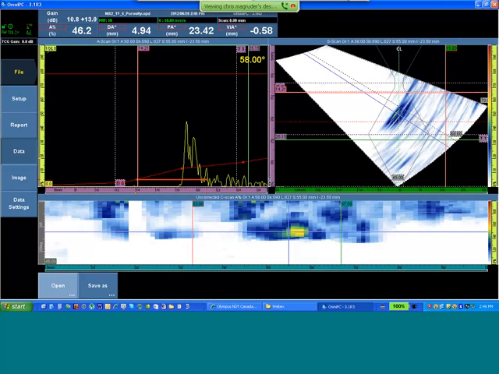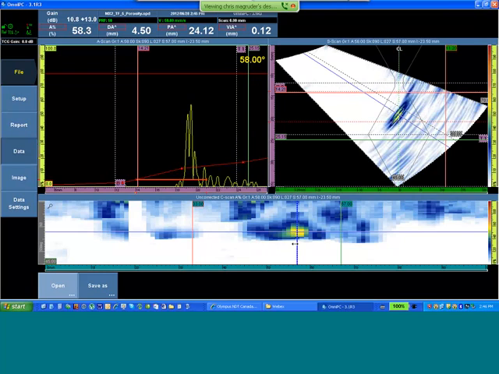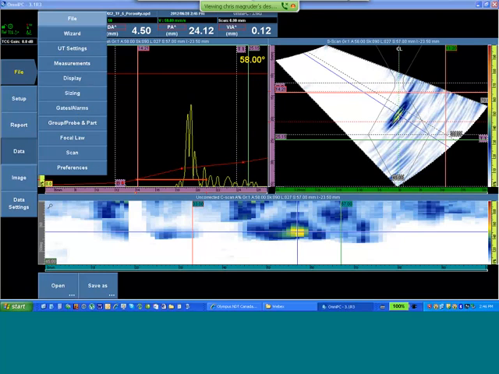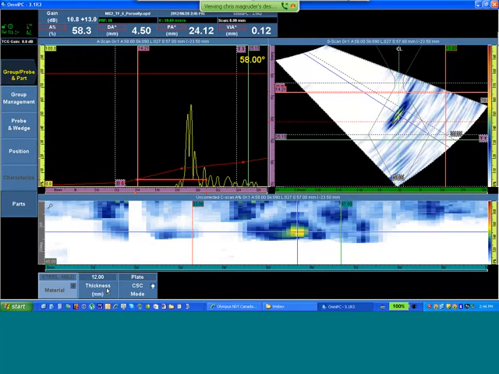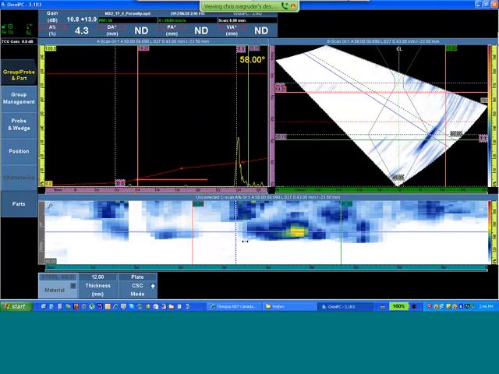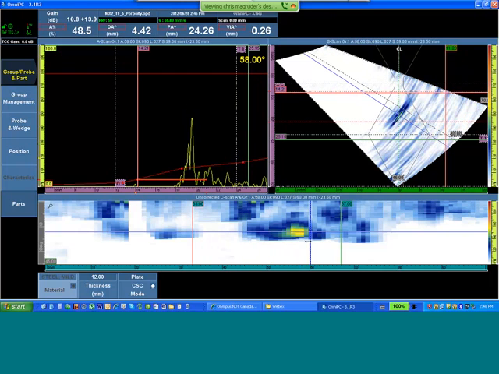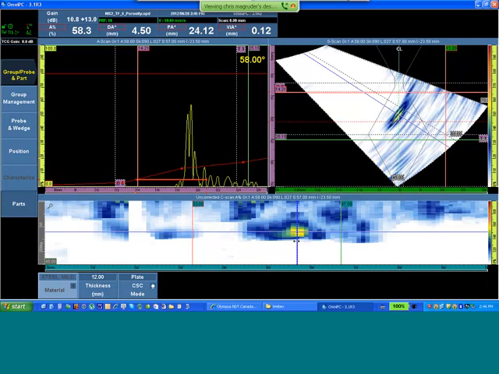We have a recorded one-line scan on a typical V-weld of a thickness of 12 millimeters. So we look through the weld and we see the flaw in the middle of the weld. When we teach weld inspection and weld flaw characterization, we generally promote three criteria: location of the flaw,